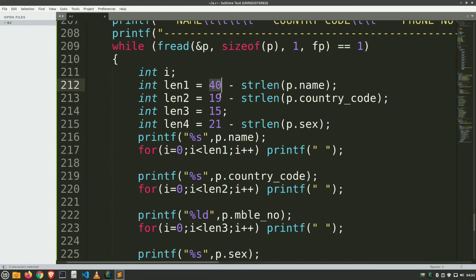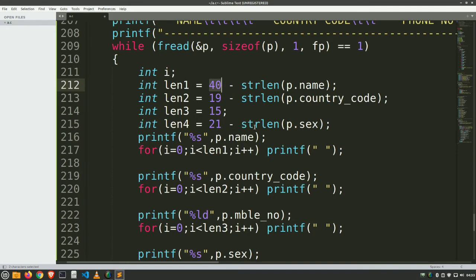The same goes for country code. We want it limited to 19 including spaces. And the same goes for phone number, length 3. As we all know, the length of the phone number is going to be 10 digits, so we want 15 spaces. That's why we are declaring just 15 over here.